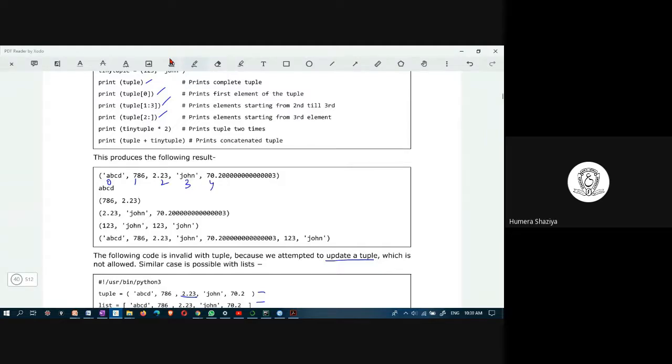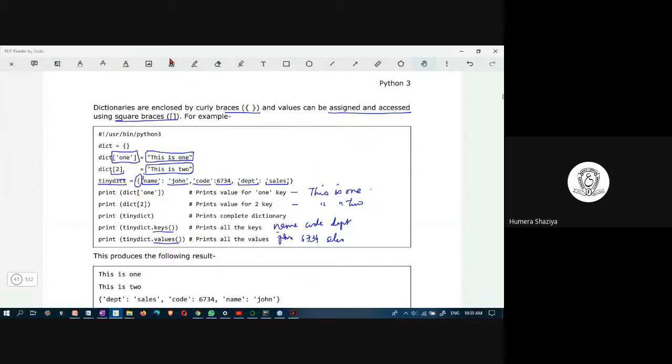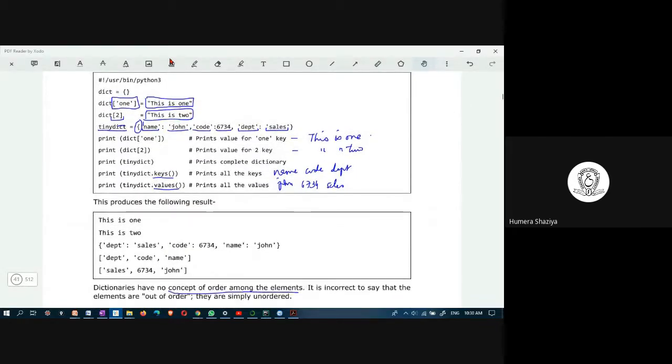You need not say 0 : value. In dictionary, you are specifically mentioning which is key and which is value, and therefore it doesn't matter if they get printed not in the order in which they are created, because we know sales is for department.